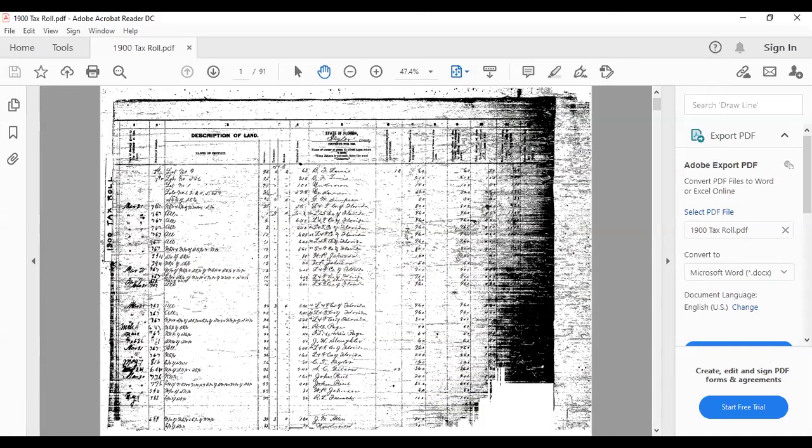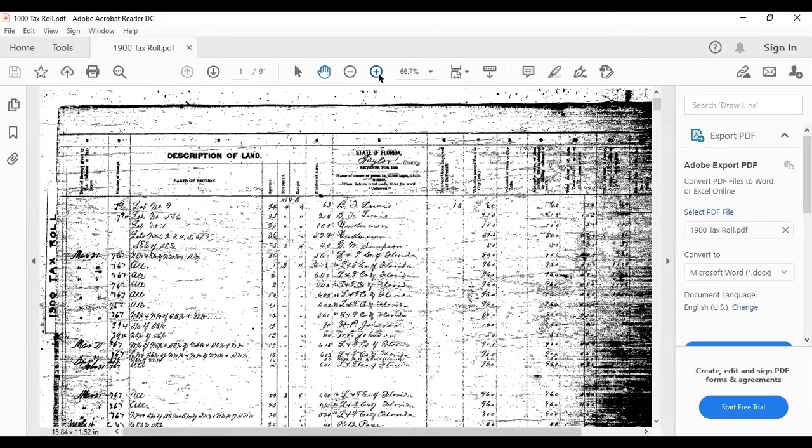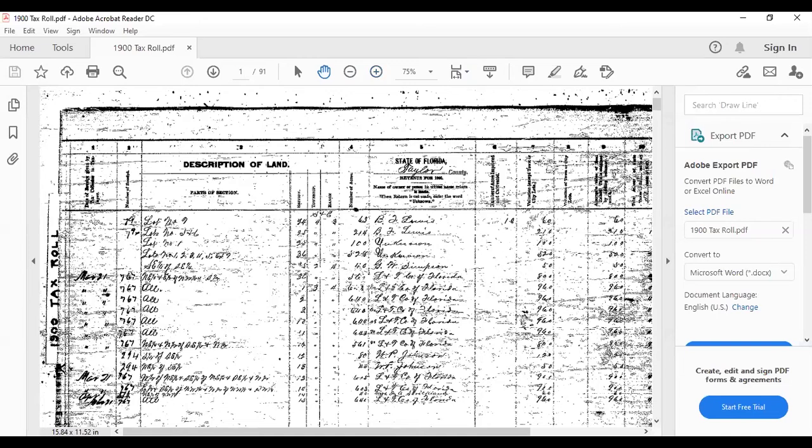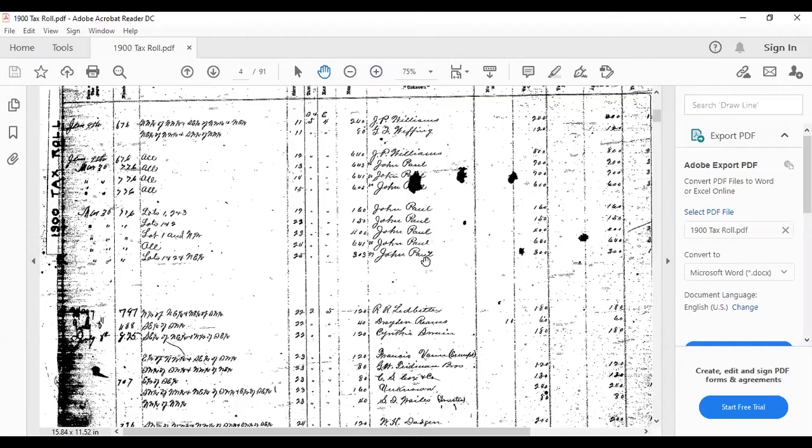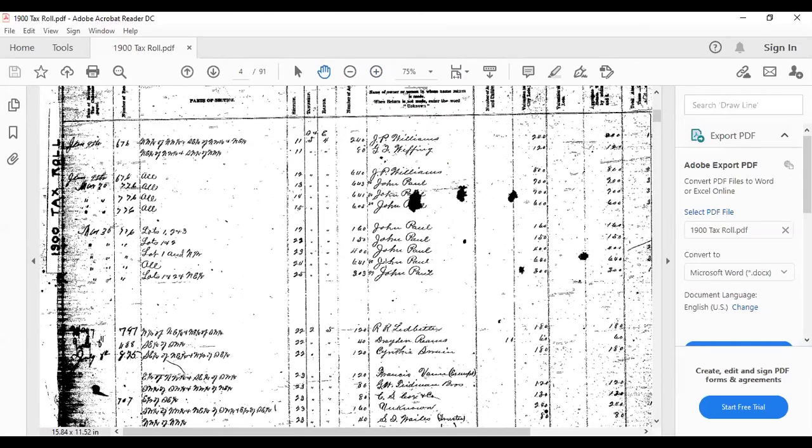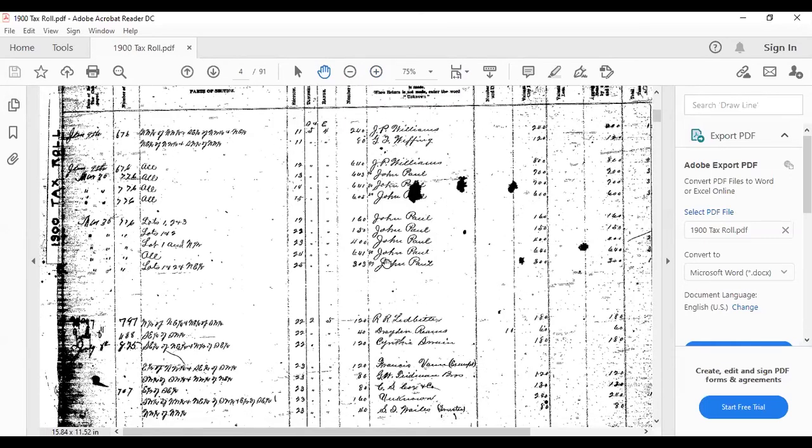The way that they organize these is they don't organize them by name, unfortunately. Sometimes they come with indices. In this particular one, it doesn't matter because I have cracked the code on how they have it organized. If I zoom in a little bit, they've got it organized by range and then by section. They've got the aliquot part of the property being described, then the section, the township, the range, the owner name, and then some gibberish about how they've evaluated it for taxes. So what I need to do is figure out where they have the information for Township 5 South, Range 7 East.